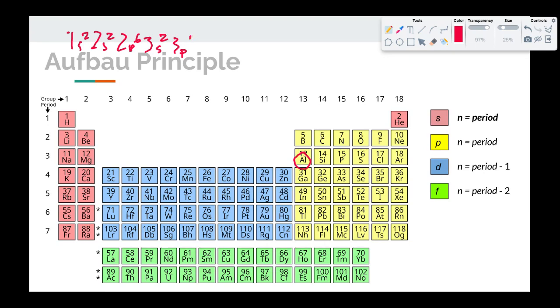What we're going to do is take 1s2, 2s2, 2p6, which is the electron configuration of neon, and we're just going to replace that all with neon in square brackets. And then we're just going to put the rest of it. So we go to neon, and then we start actually putting in our electron configuration notation. So we're at 3s2, and then 3p1. So that's shorthand notation. You're just writing down the previous noble gas in square brackets and then finishing the important part of the electron configuration notation for chemistry purposes.